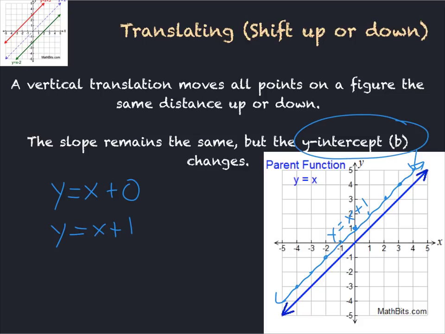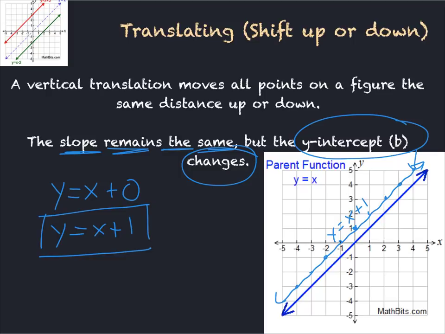If you want to change the y-intercept and you want it to shift down, obviously you would subtract. If you want to shift and go up, you would add. But the slope remains the same, because all we really want to do is shift it up or down. We don't want to change the steepness of the graph. So this right here is my y equals x plus 1 function, which I shifted my parent function up